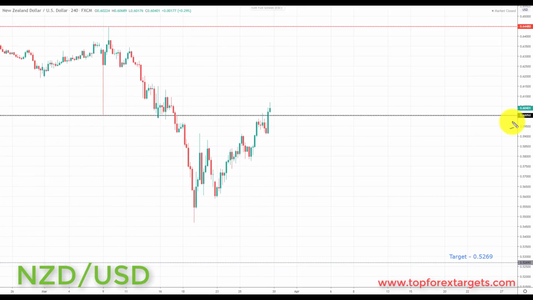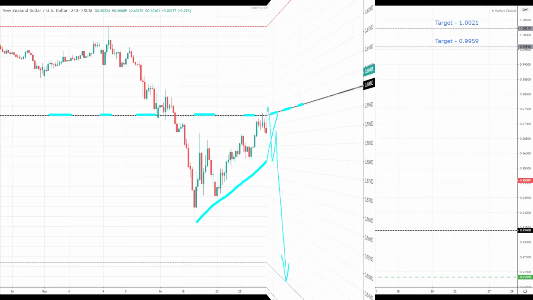So next market we're going to look at is New Zealand dollar. Now last week we highlighted the 0.60050 as a potential pullback zone in New Zealand dollar. As we've pulled back to this area, it is going to be a great place going into next week to start to look for bearish setups. We're going to be focused on short setups in this market. If we can get bearish setups or reversal patterns in this area, we're going to be looking at initiating shorts down towards the next key area of support to the downside and the target set at the 0.5269.